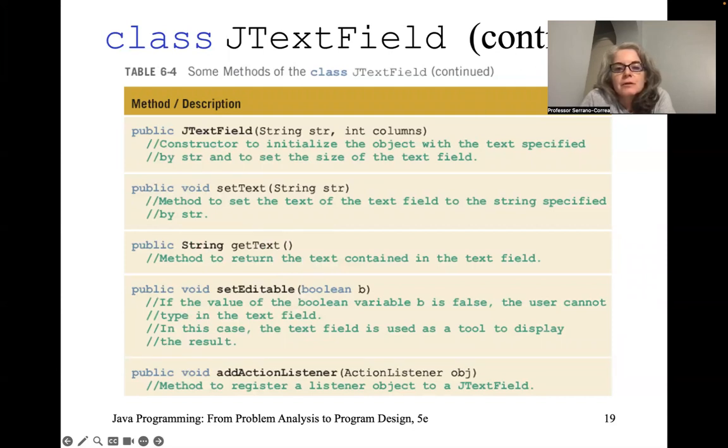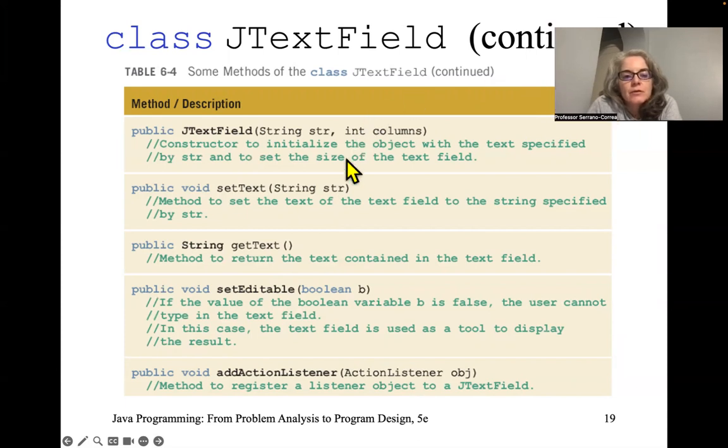Here is another way that you can instantiate a text field. You can send both. You can tell it the string and how big you want the field to be, the size of the text field. And then you can use the methods. So after you create the text field, after you've done JTextField1 equals new JTextField and this, then you can